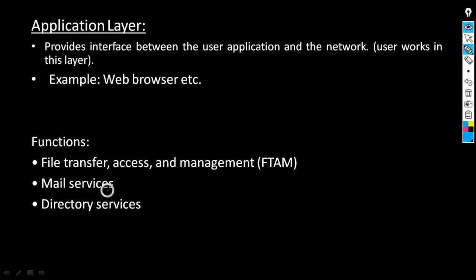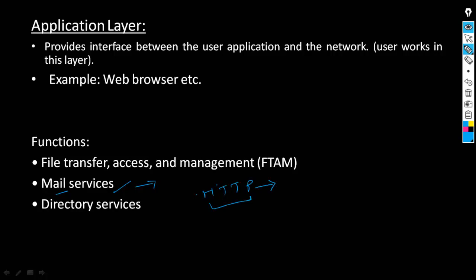Application layer also provides the facility for email forwarding and storage, that is, mail services. For example, to send and receive email, we use mail applications like Outlook, and behind this application there is a protocol called HTTP.